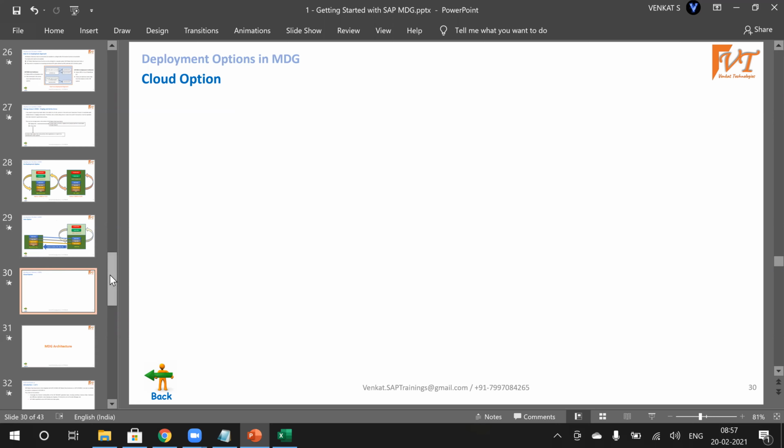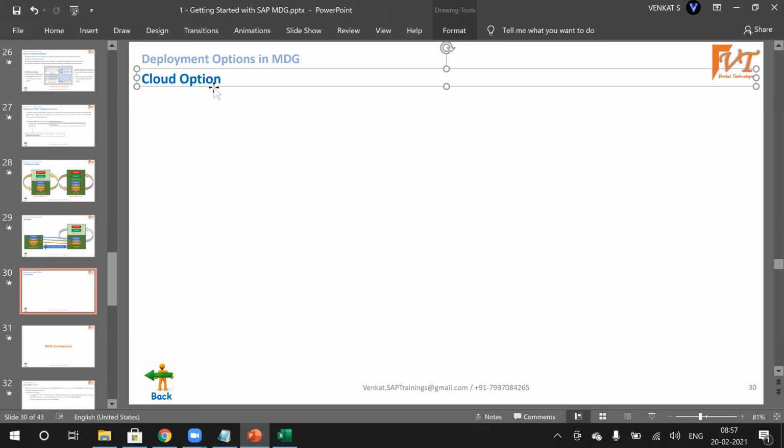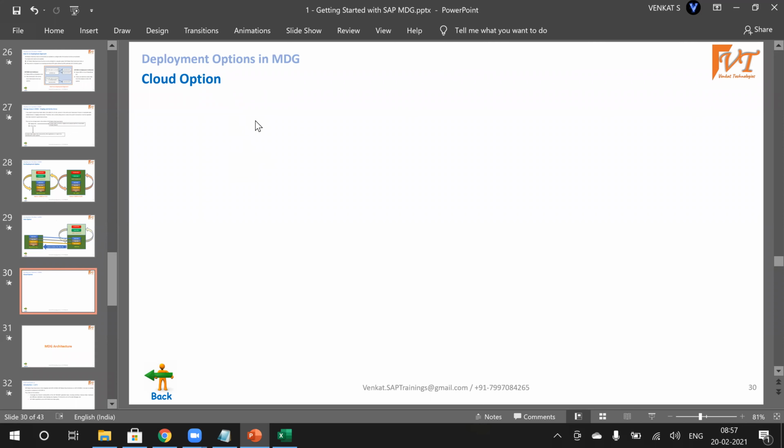So that's all about today's demo session. Any questions you have, you can ask. After the questions and answers, I will be going through the course summary and further details, like on-prem S/4HANA, on-premises, cloud, and this cloud option. I don't have much clarity on this one due to my project deliverables and assignments. I didn't get time to go through this one completely. Once I go through this, I will definitely give you a session on this.